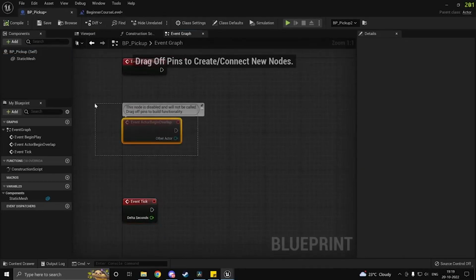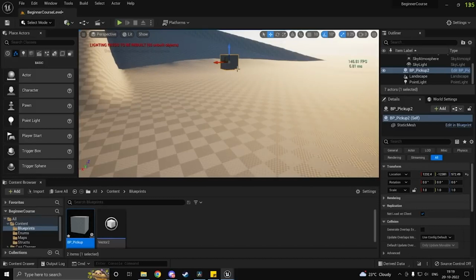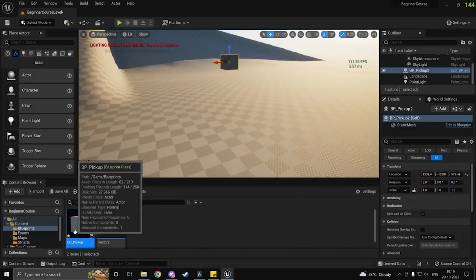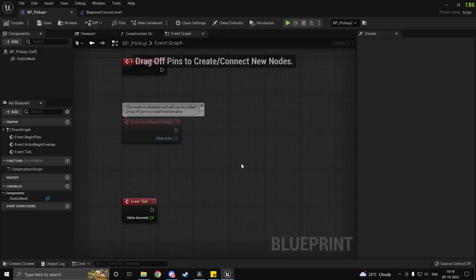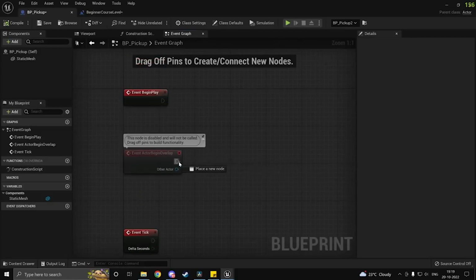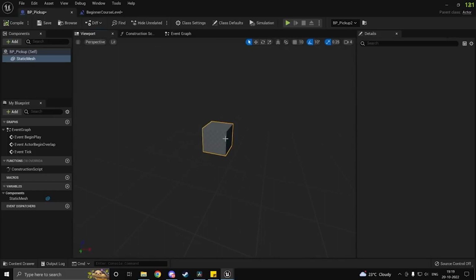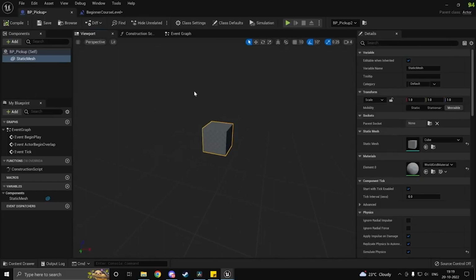What this says is when another actor overlaps this actor, so in our case it's going to be this, when it overlaps this actor, we can go ahead and perform some logic, and Unreal Engine has set this up for us. Now there is one problem though. This is just our cube, which is our model. However, we don't have an actual bound, so our code won't really be able to know when to actually call